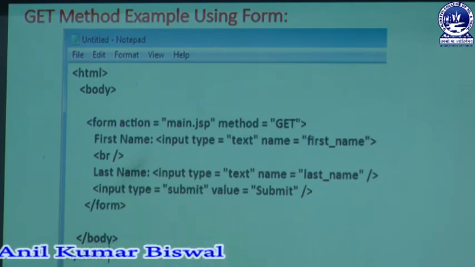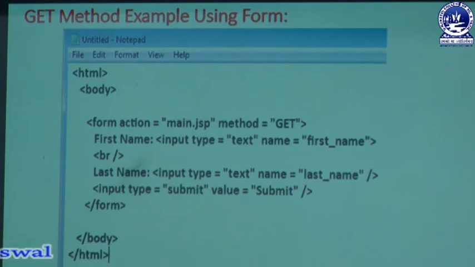Here we are designing an HTML form page. In that page we use some tags known as HTML tags, and with the help of the HTML tag we can easily write our programming section. Next we have a body part. In that body section we write a form tag, and in that form tag we have an attribute like action.